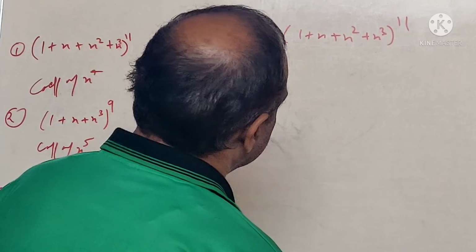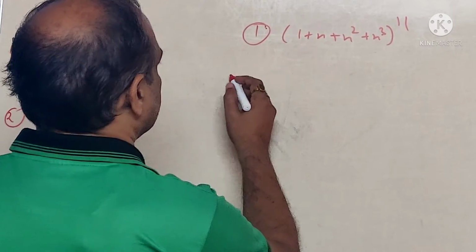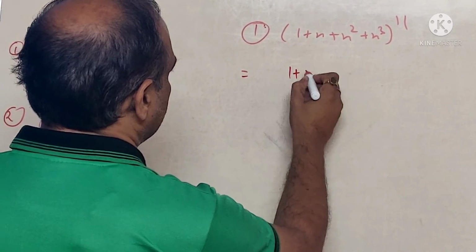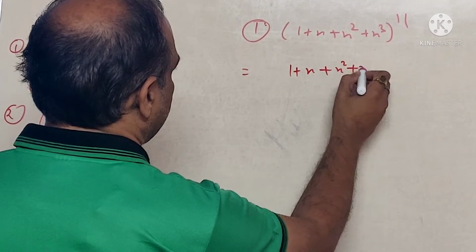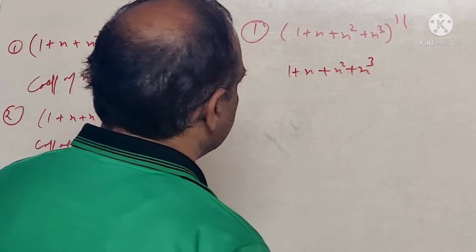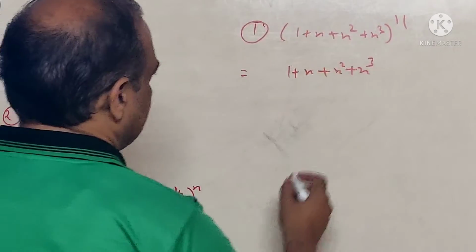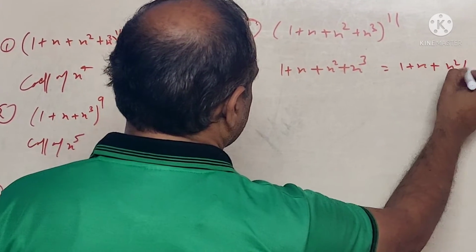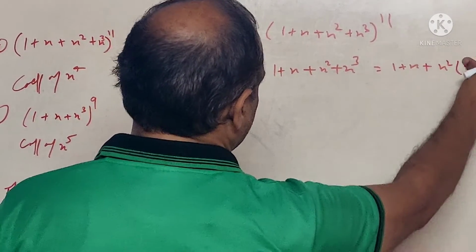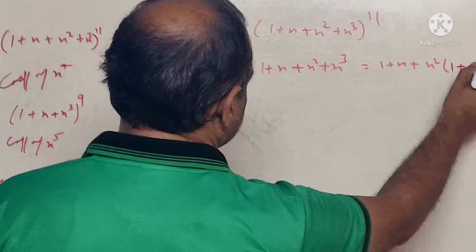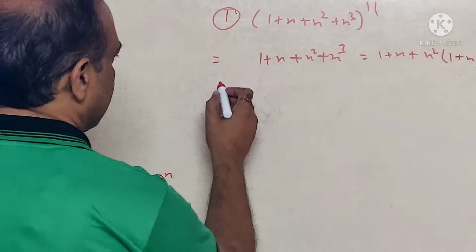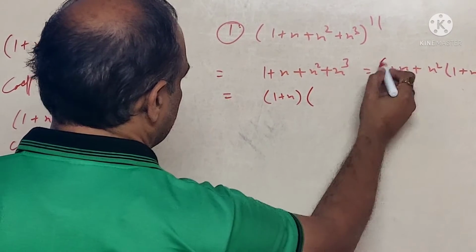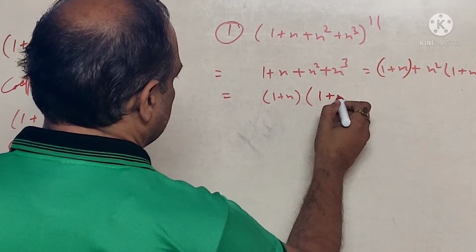Here, first try to solve the things which are inside the bracket. In the bracket we are having 1 plus x square plus x cube. Here what you can do is you can take something common from the second part. This is x square, and you will have x, you will have 1 plus x. Now what you can do is you can take 1 plus x as the common part, and in the bracket you will be left with 1 plus x square.